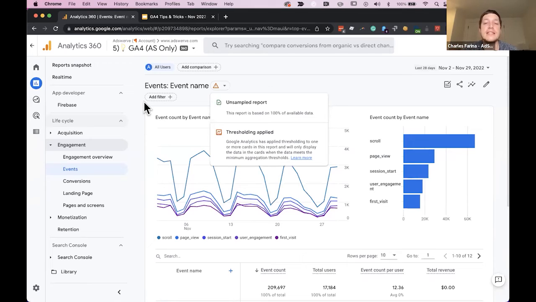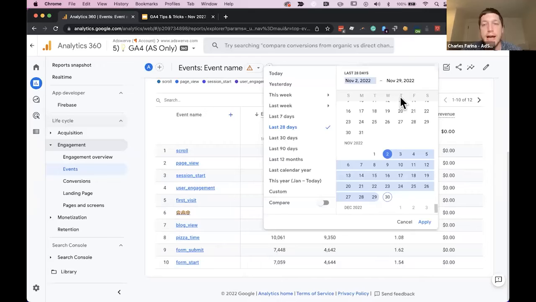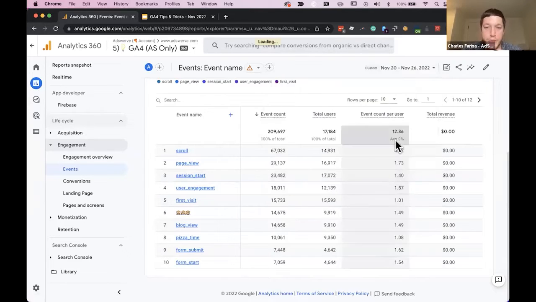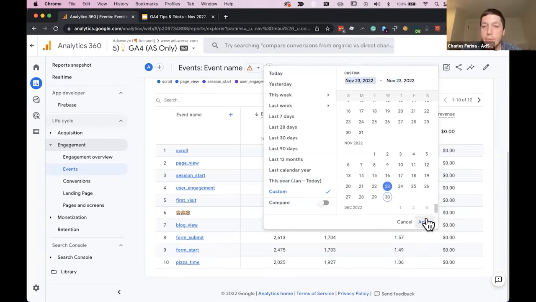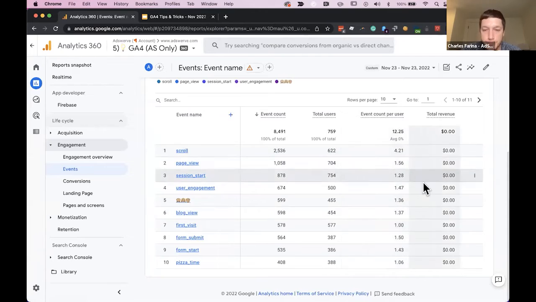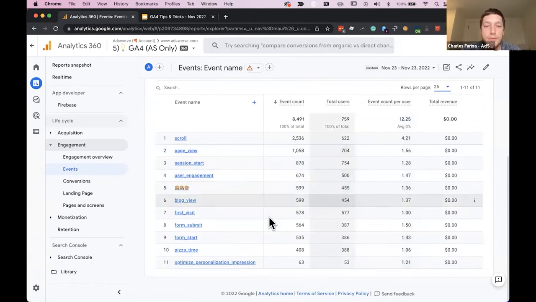What that means is that in these reports, anything that has a really low amount of rows is going to be dropped from that report. For me, this is one of the most confusing parts about GA4 and something I would really recommend that you take a close look at. So I'll give you an example. Let's say I change my date range to just a week, or even to just a day, and we look at the rows that are in this report. You can see in this particular report I'm looking at, I only have 11 rows.